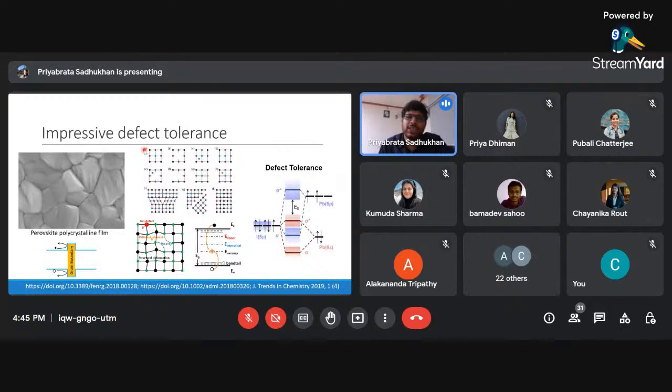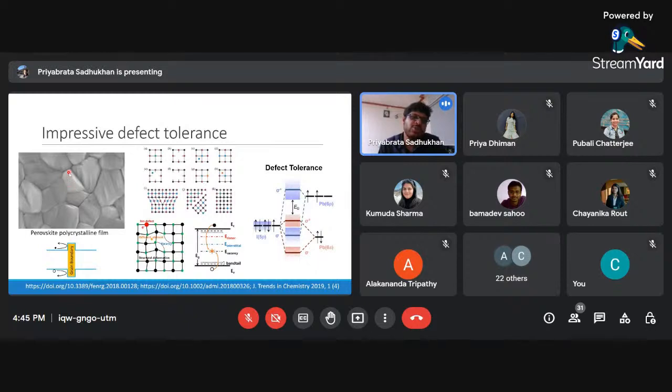Now, we see in the crystal structure that all the lattice points are placed in a very organized way, but in real life that doesn't happen. This is the SEM, that is the scanning electron microscopy image of a perovskite film that I casted on glass. You can see there are different segments of different thickness and sizes. That means